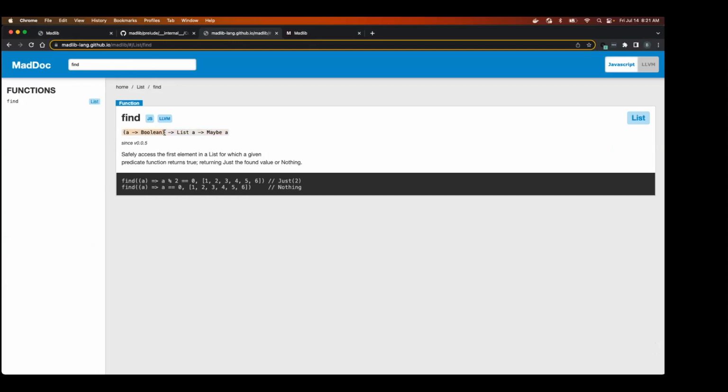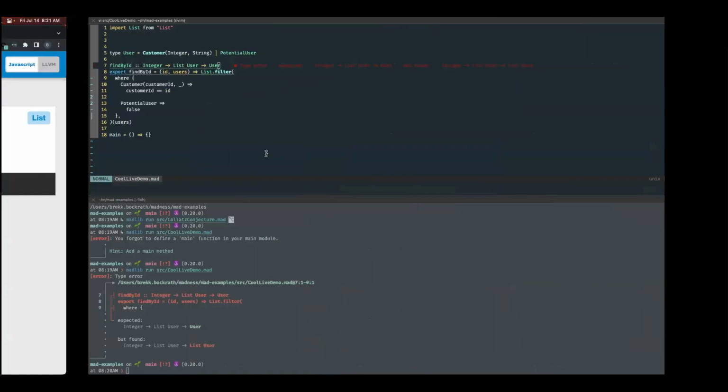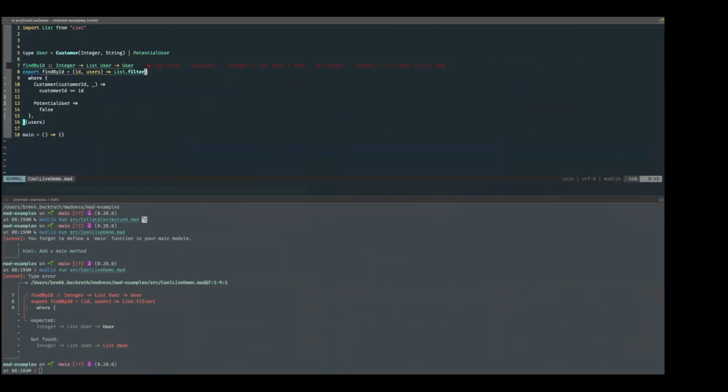You'll note that this takes a predicate function, takes a list of A, and returns maybe A. And that's powerful, but also doesn't match the type signature that we have here. So either this should be maybe user and use find, or in this case, since I'm going to build to a different thing, I'm just going to rename these two things.